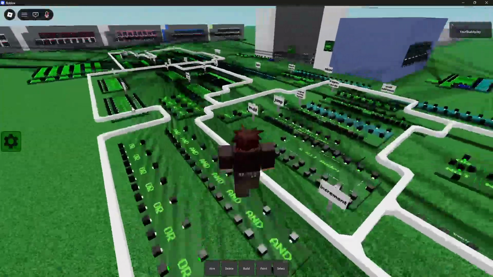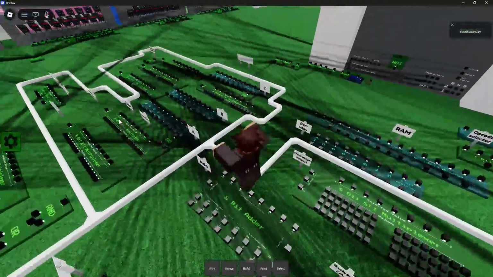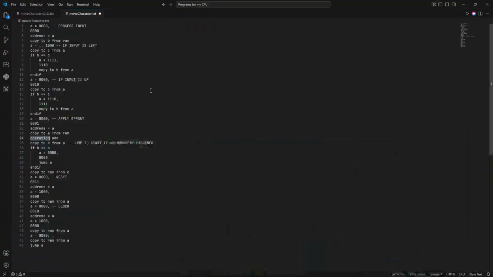So we do that, and then if B and C are equal, that means there was nothing in the B register to be added, and we set A to 0, and then we jump back to A, which is 0, which means we jump back to the start of the program and run it again, checking for input. And then